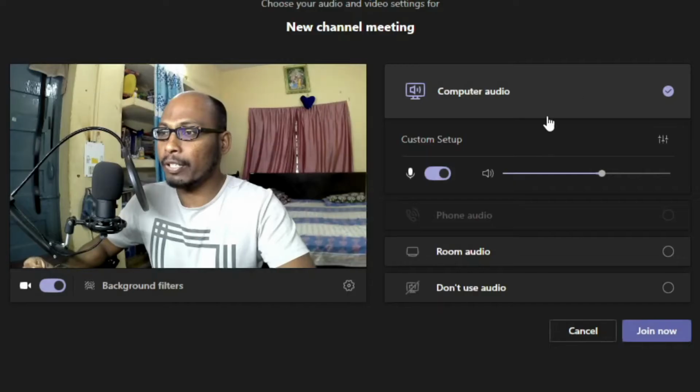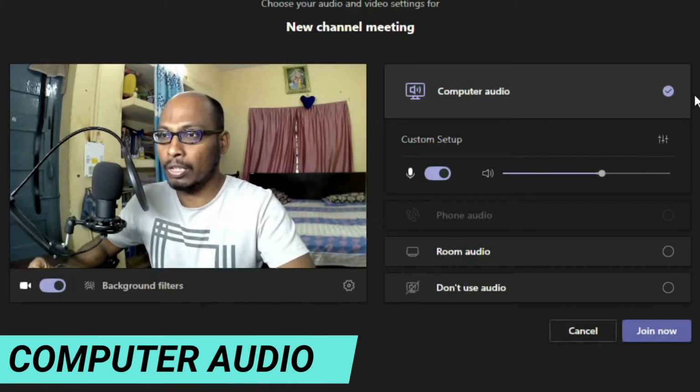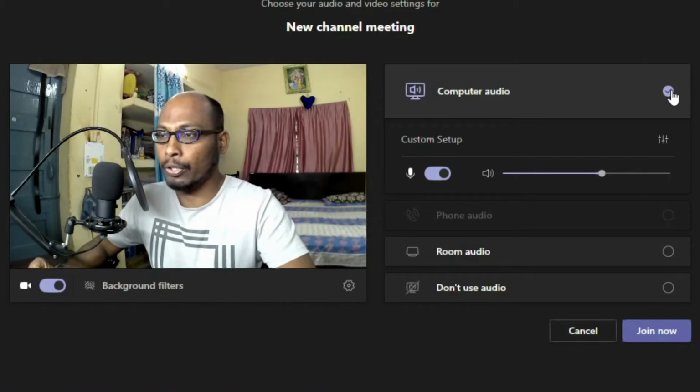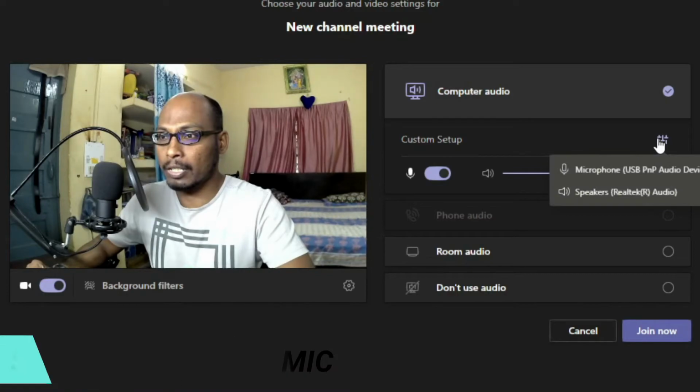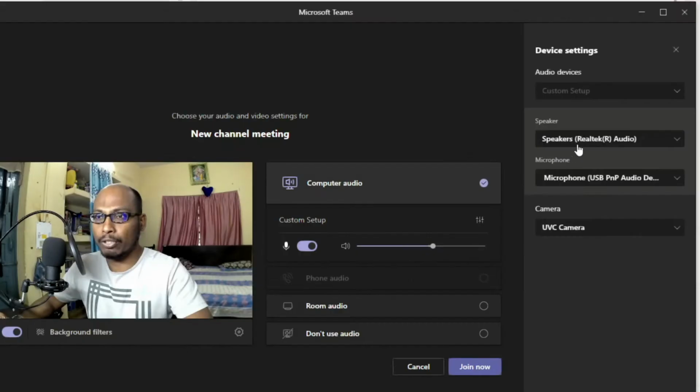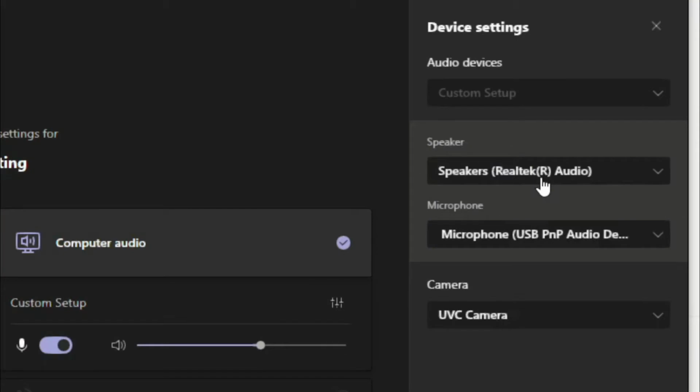Now the next one you can see here, computer audio. If you select this computer audio, the audio which you play on your computer will be shared. And here you can see custom setup. Under this you can set up your microphone, speakers and camera. Say for example you have 2-3 output devices, speakers.